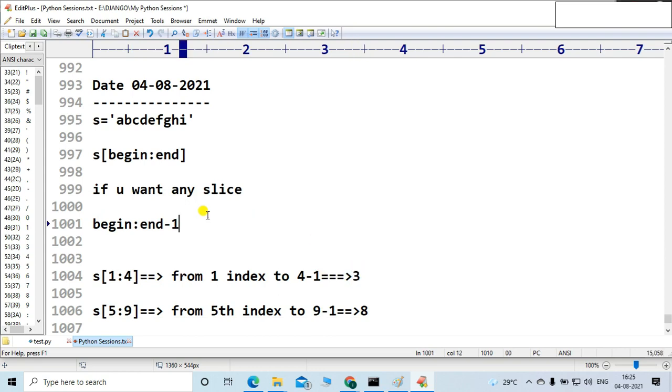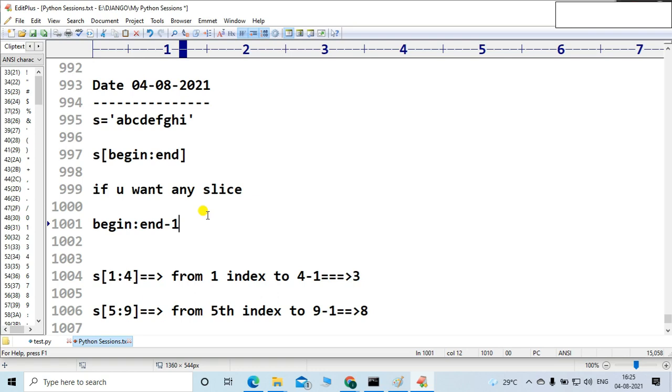So end minus 1 is a rule, very simple and very easy to understand. Now let me take the negative indexes into consideration. Let me take an example of a negative index.